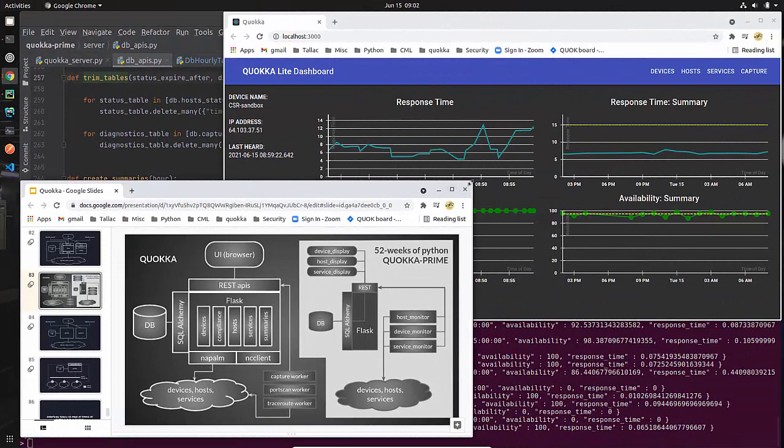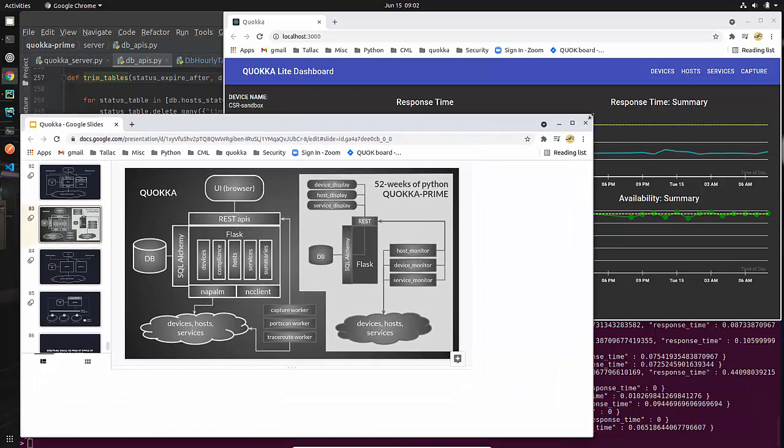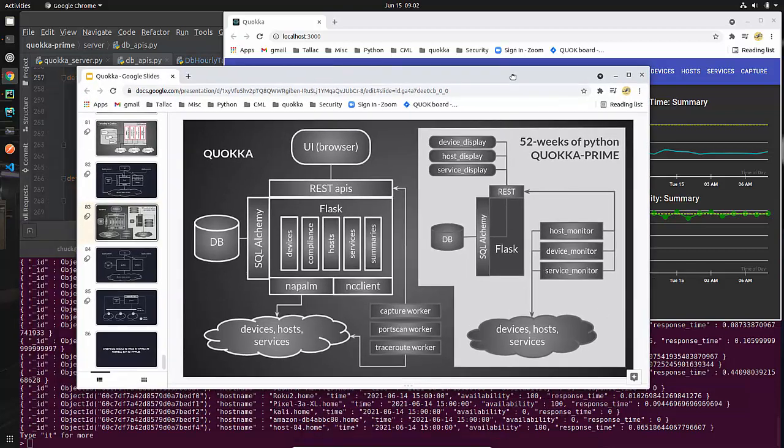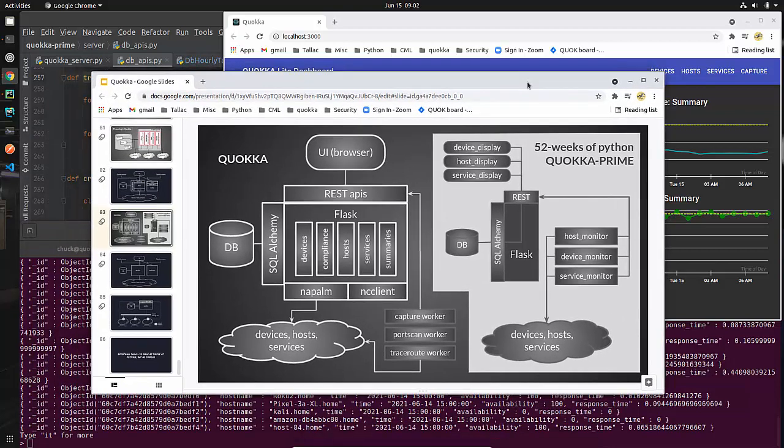And as with a lot of stuff that I've done and that we will do and you will do as you develop software, there's always multiple ways to implement stuff. So what I'm going to show you here is a slide that I made a while back when I was first doing this thing that I'm now calling Quokka Prime, and I was contrasting how I did things in Quokka.